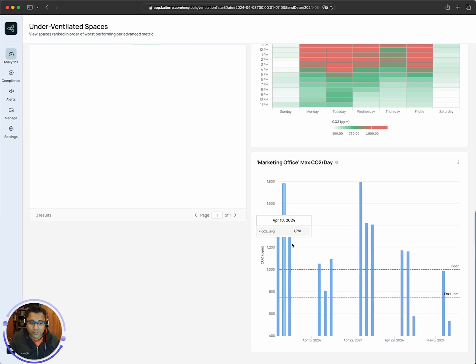And just to take a look at how often, when the CO2 is bad, just how high is it getting, basically. So this gives you a sense. It's pretty bad. Like in the last 30 days, I can see 10 times that the air is getting over